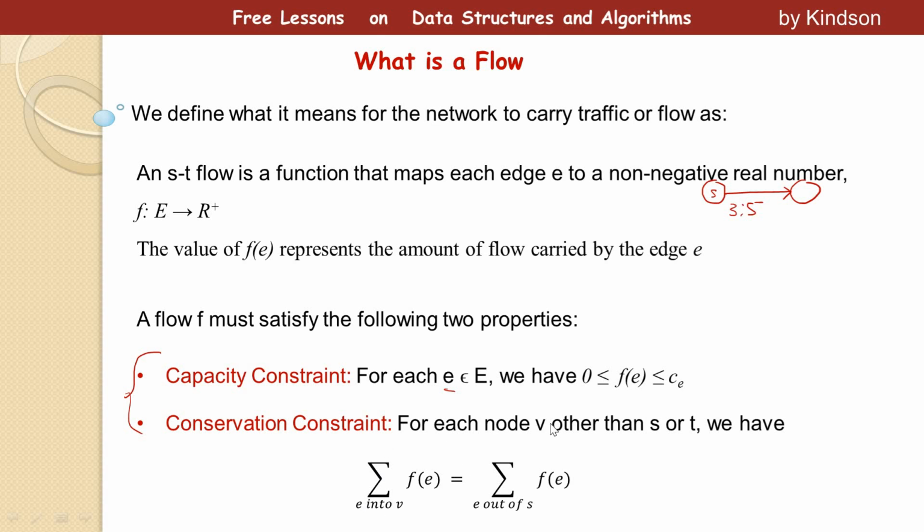So it says that for each node V other than the S or T, the summation of all the flows into V is equal to the summation of all the flow on all the edges out of V. So let's illustrate it. Let me take my pen again. Let's draw a little network and then we'll use it to illustrate. I'm going to use red. So let's say we have a network like this, a simple flow network,